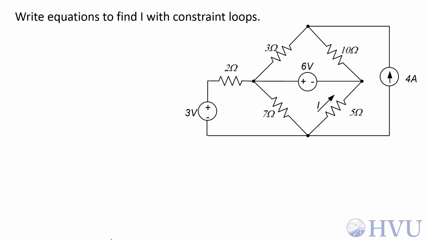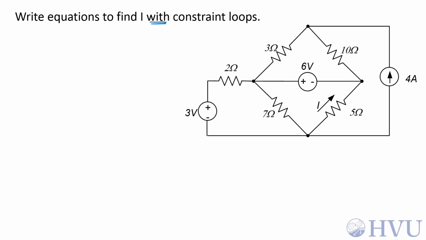In this example, I want to write equations from which I can find the current I using two different approaches. In the first part, I'm going to use constrained loops. Next, I'll redo the problem without constrained loops. So if I'm going to use constrained loops, I'll kill my sources, identify resulting enclosed non-overlapping areas, and my mesh